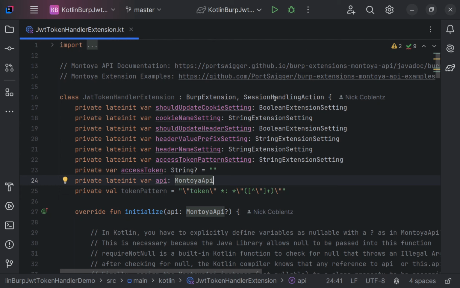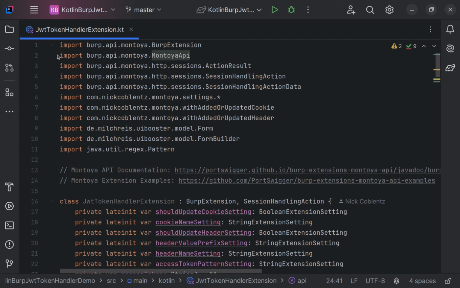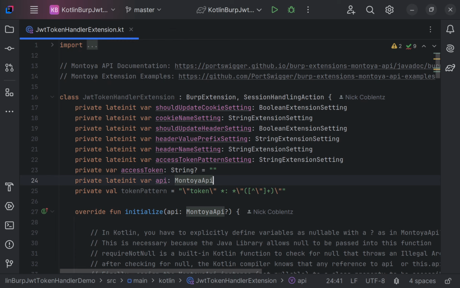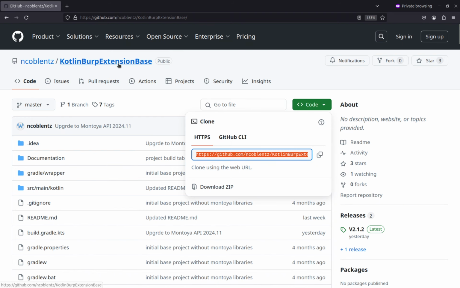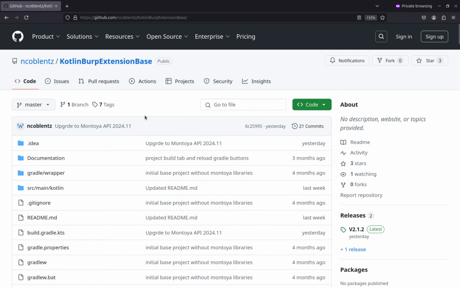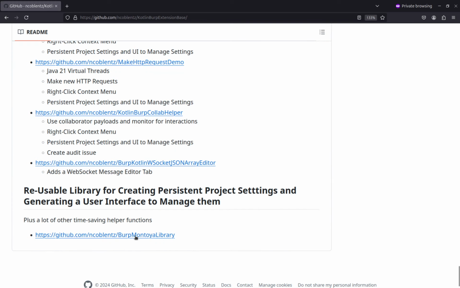So I have a library I've created. And actually, let me go to Firefox real quick to show you. Under that Burp Kotlin Burp extensions base GitHub library, this is a link to all the things that you're going to need. If you look all the way at the bottom, there's a Burp Montoya library. If I click on that,